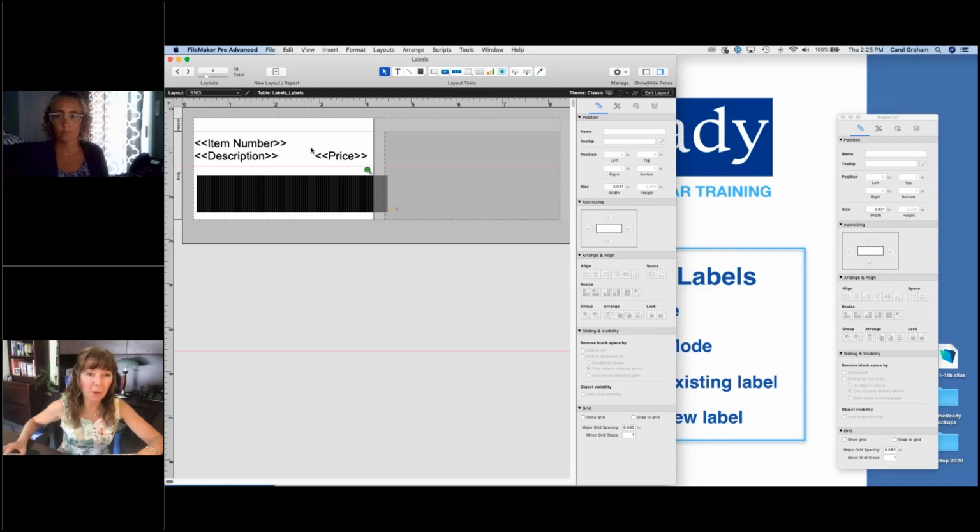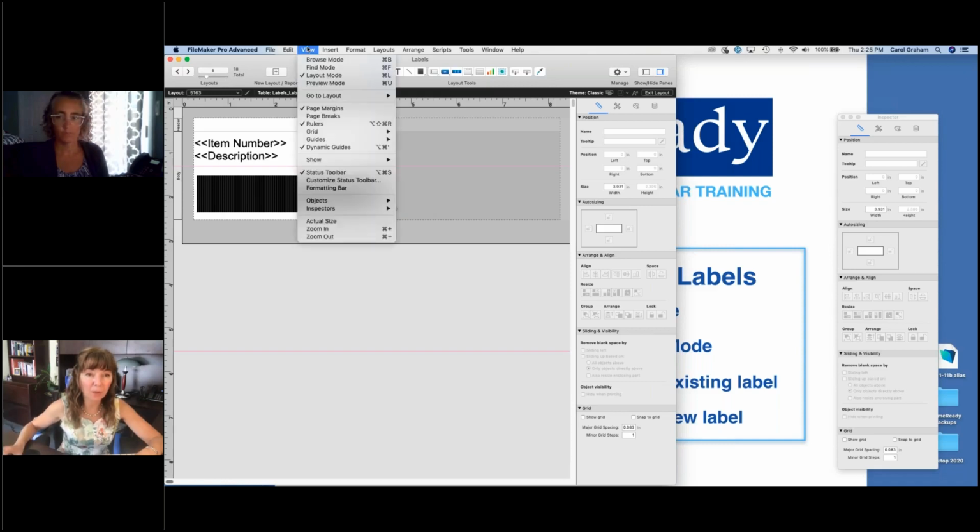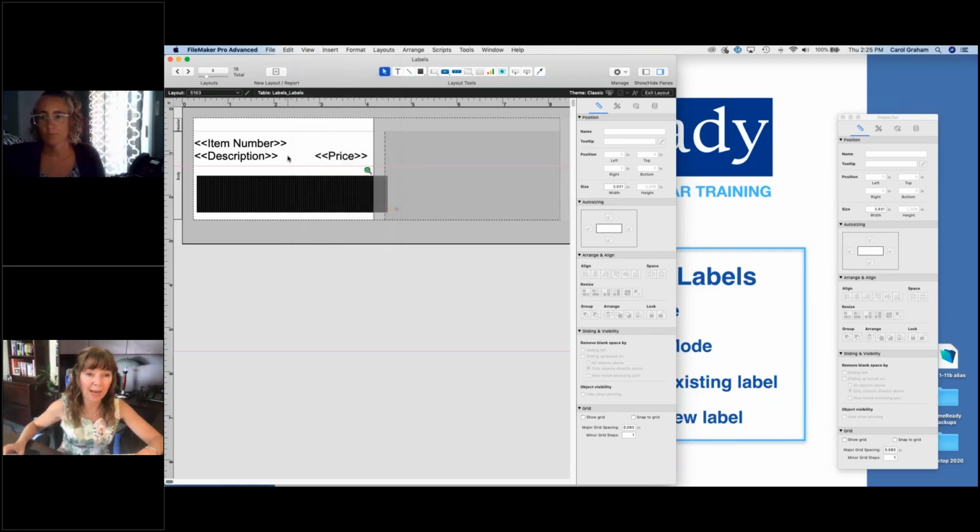There are 3 modes that you can look at. The ones that we're going to use the most are browse mode, which is where you put your data entry in, layout mode, where you can make the changes, and then preview mode so that you can see what the changes look like. We're in layout mode right now, and there are 2 types of fields that you can put